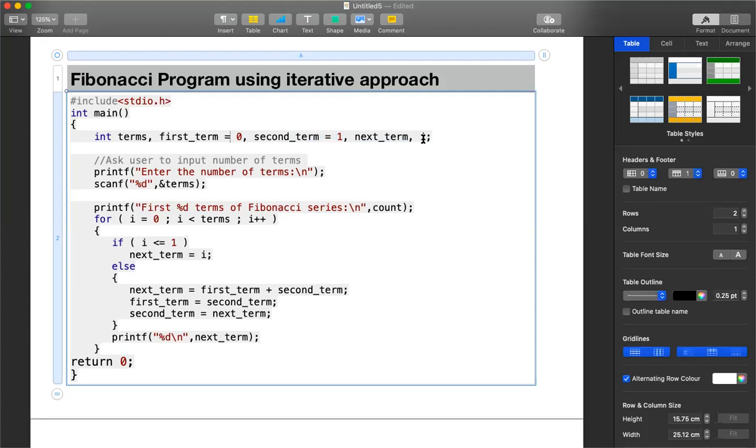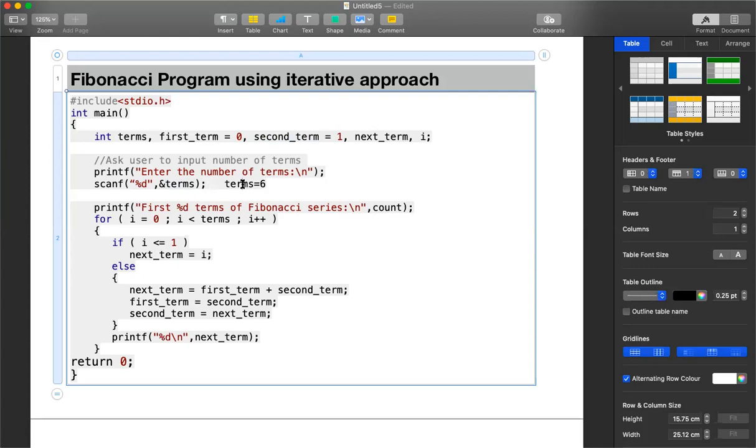And to monitor the iteration, we have a variable called i. So terms is for input, next term is going to generate the next term of the sequence, and we know what the first term and second term of every sequence are, 0 and 1. So first we enter the terms. So let us generate 6 as the term. So 6 means how many numbers are we going to generate? 6 numbers. We have a sequence of 6 we are going to generate.